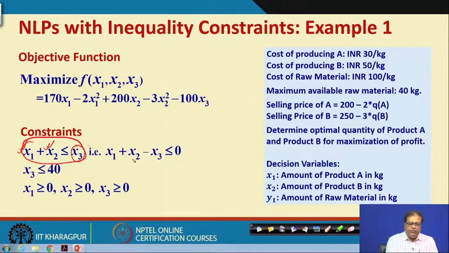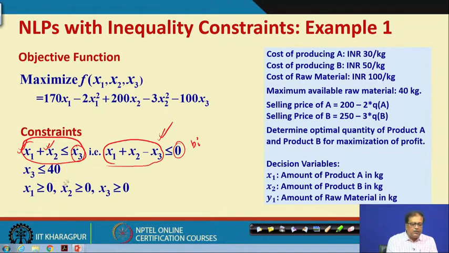So, this can be reformulated as x1 + x2 - x3 ≤ 0. See, this side has the variables, and this side, because x3 is not b_i, b_i has to be a constant, right, it cannot be a variable. Since here we have a variable called x3, it should be put as x1 + x2 - x3 ≤ 0. So this 0 is like b_i, and these are the variables, right. That is the first constraint.